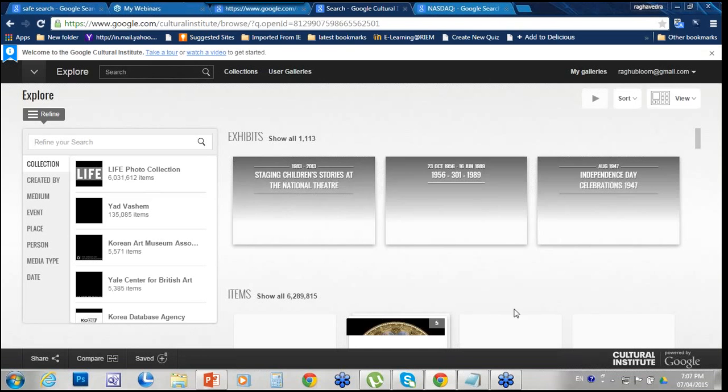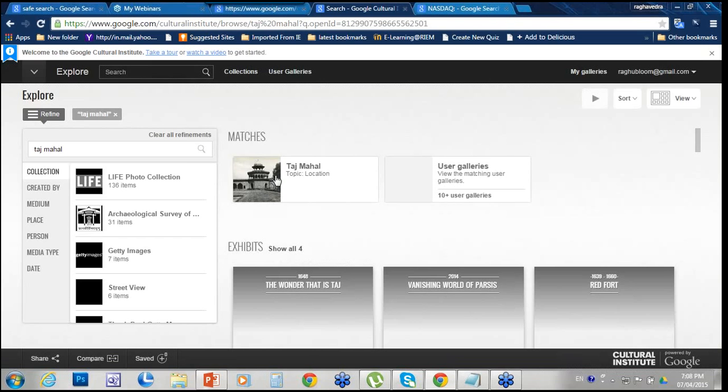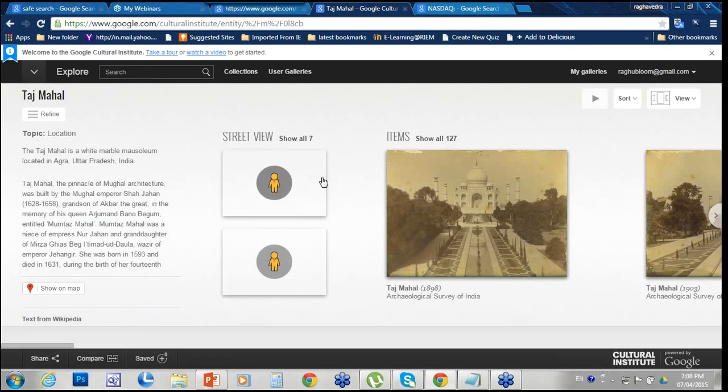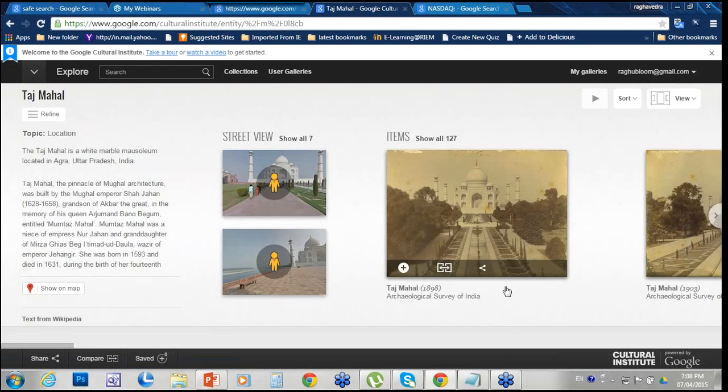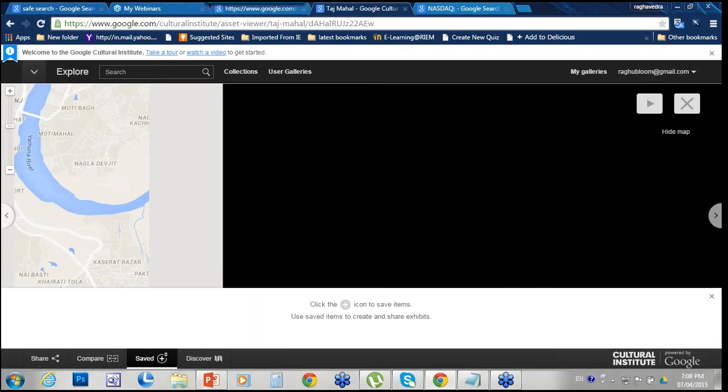So here we have different collections of items, and by searching you can go through the different things which are available. Regarding Taj Mahal topics you can explore as much as possible. See, you can see the Taj Mahal in 1898, sorry, and by clicking this you can see the street view, and by clicking this you can look into how it looks virtually. You can see the 360 degrees of Taj Mahal,